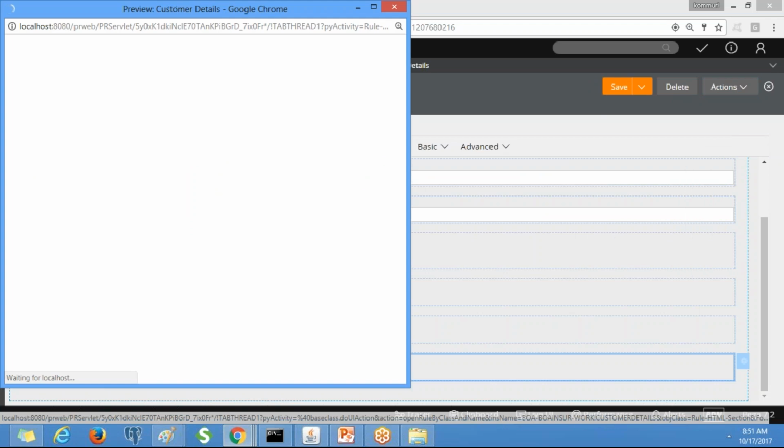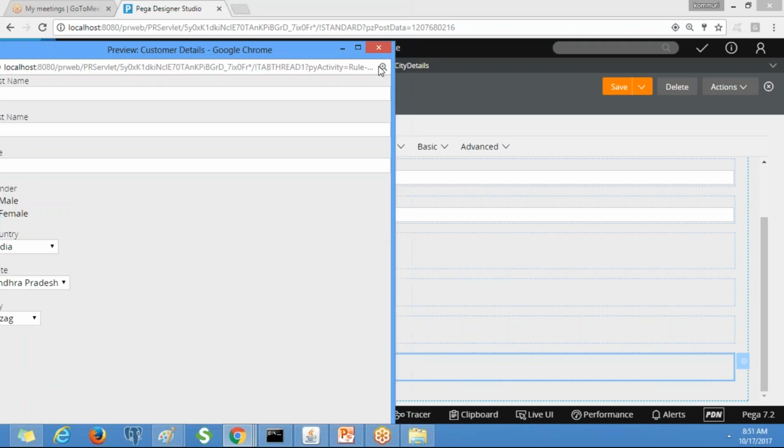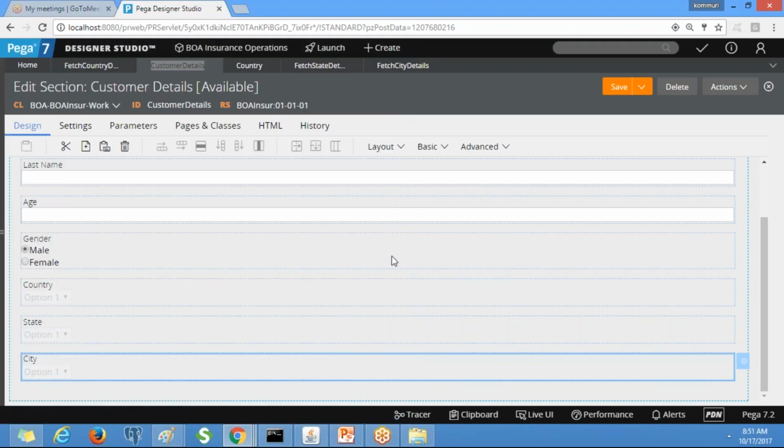If you want, you can make this property mandatory, so I will tell you that later. So the user must select one among the list. This is the placeholder, right? Select dot dot. But anyway, if you select country India, then under the state dropdown you will have only India related states, right? So now we have achieved this scenario by using the activity.